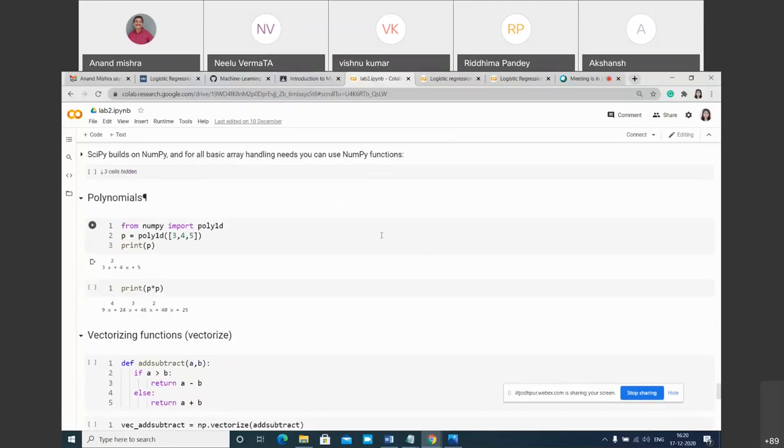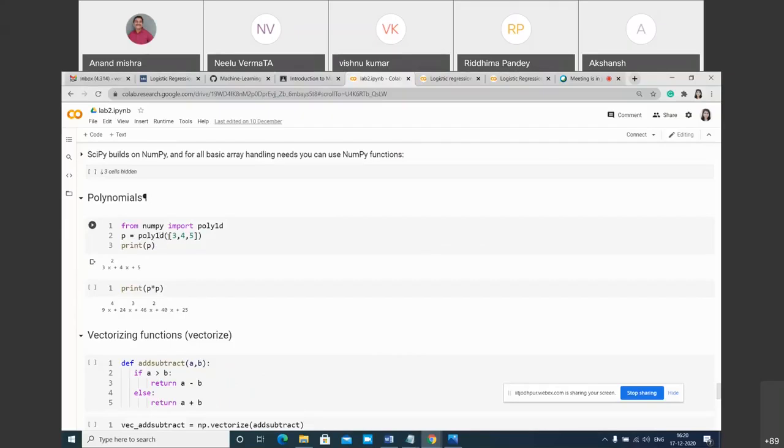Okay, so some basic extra functions available with SciPy are, for example, the polynomial function. For polynomial, you can use SciPy, for example from NumPy import poly1d.